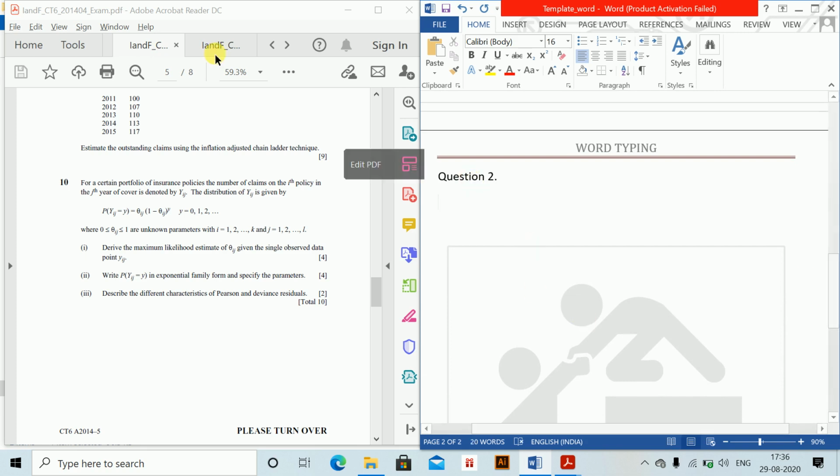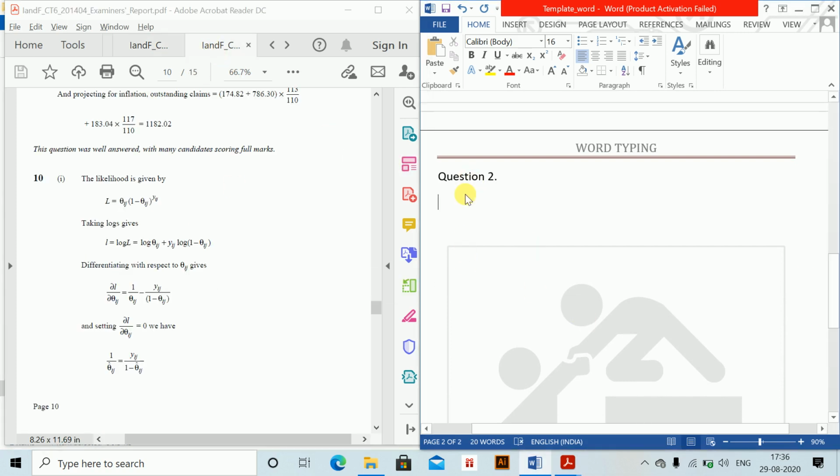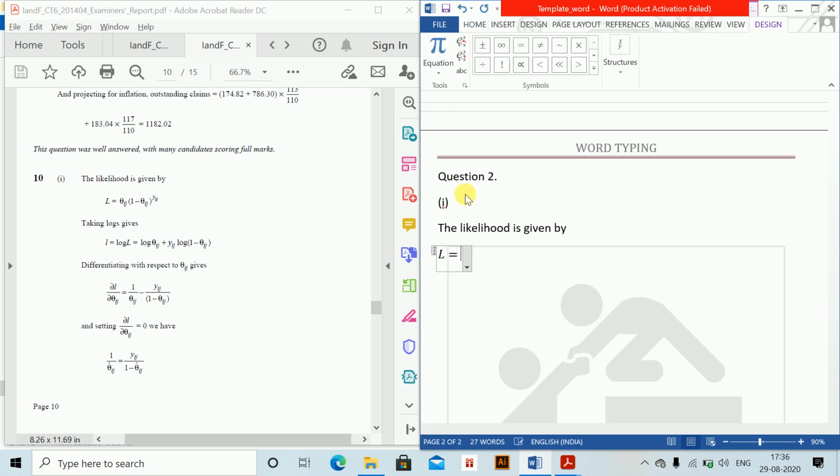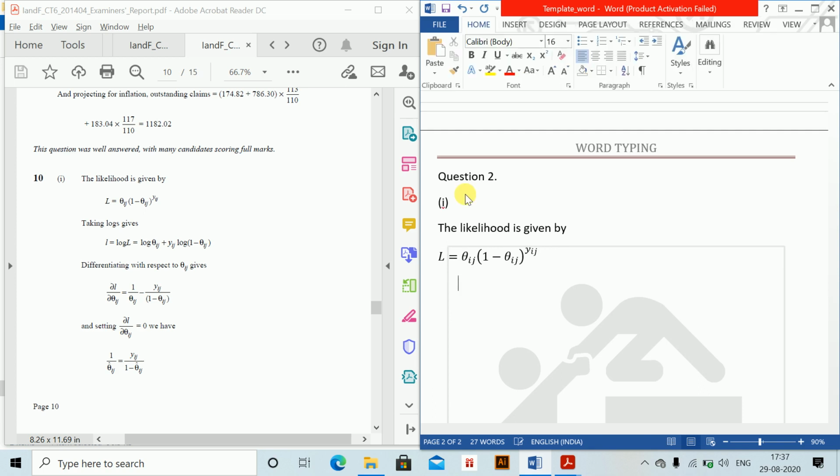and then starting off from here. So first, part 1, the likelihood is given by L is equals to \theta_ij (1 minus \theta_ij) to the power y_ij. So this does not work like this. Brackets mein y_ij you have to write, so that this works like this, and then